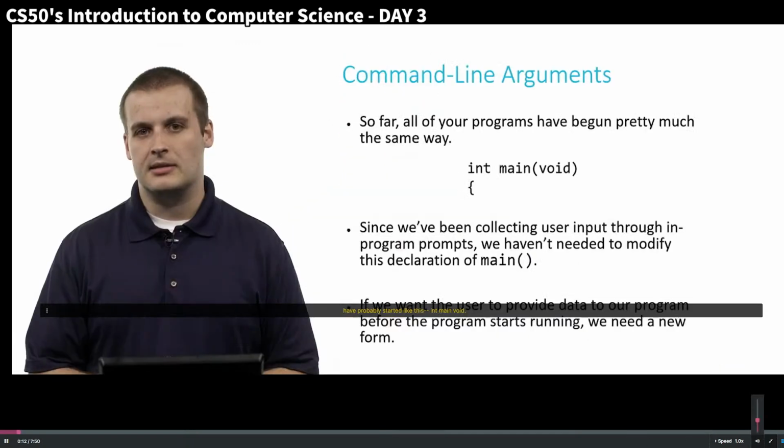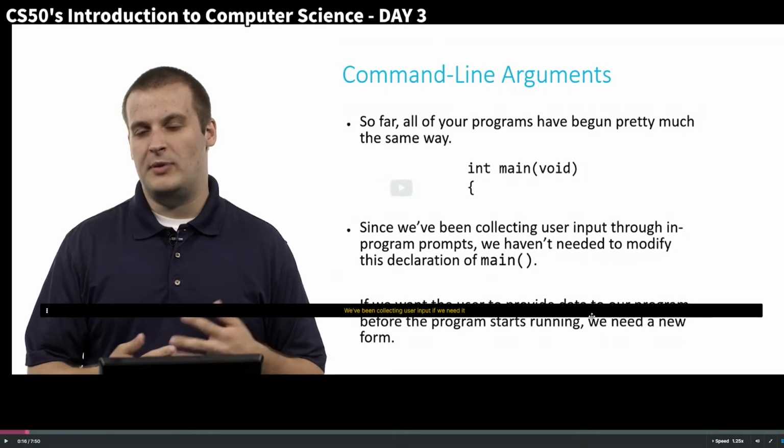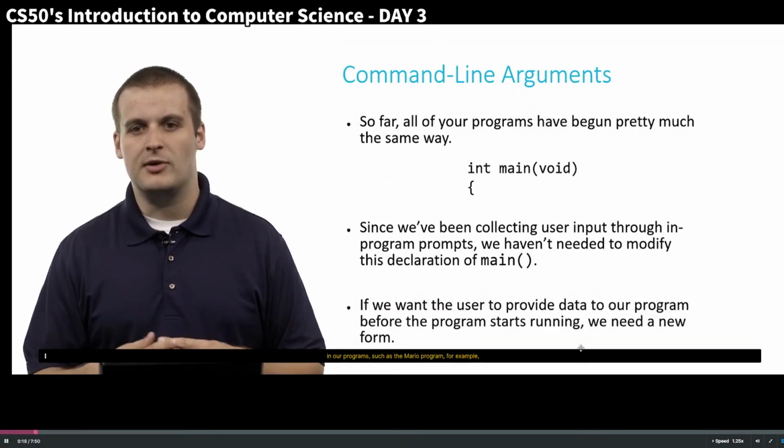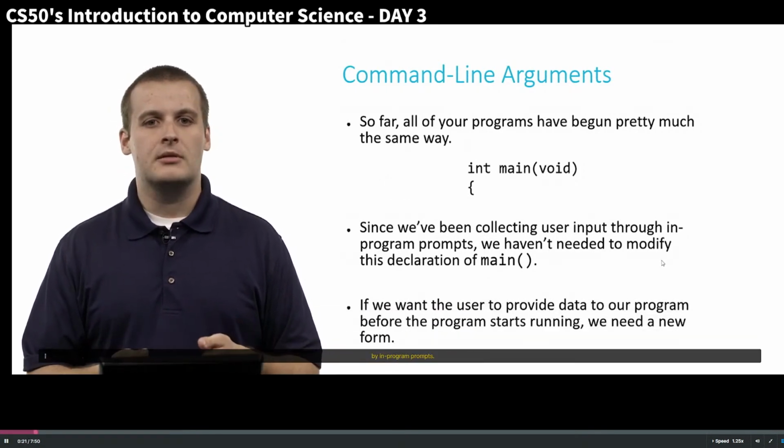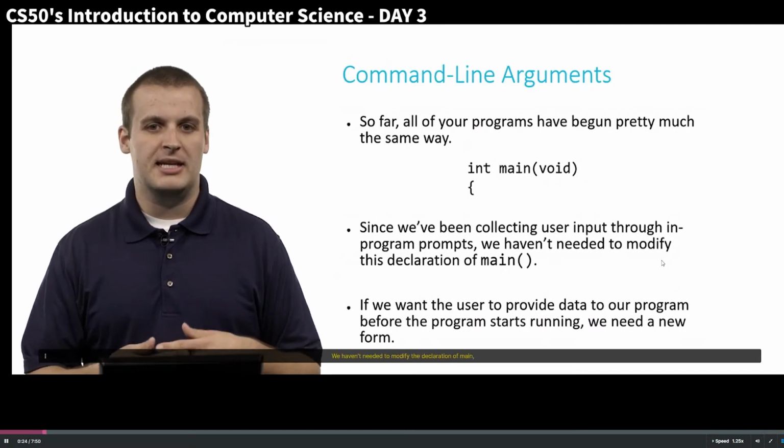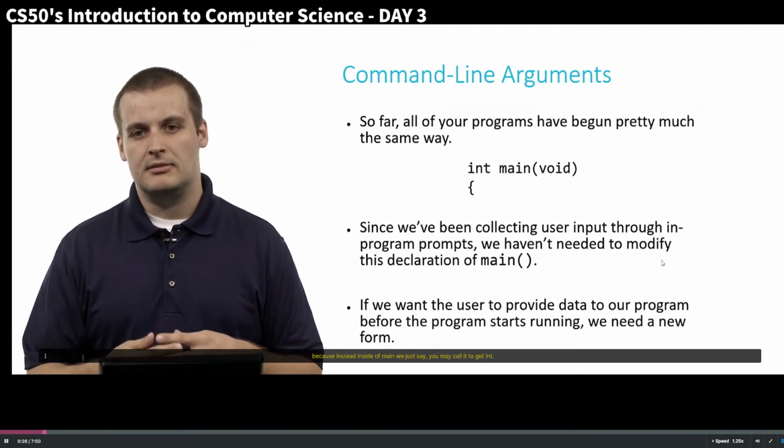All right, so let's talk about command line arguments. So far in the course, pretty much all of your programs have probably started like this: int main void. We've been collecting user input if we need it in our program, such as the Mario program, for example, by in-program prompts. We haven't needed to modify the declaration of main because instead, inside of main, we just